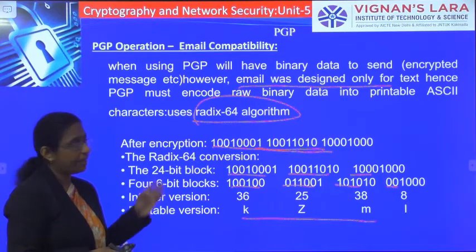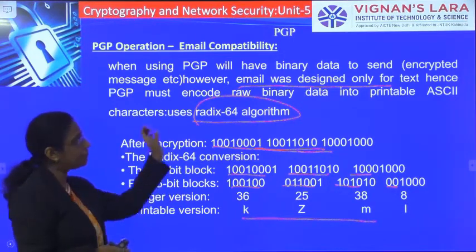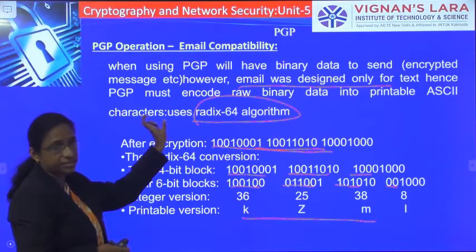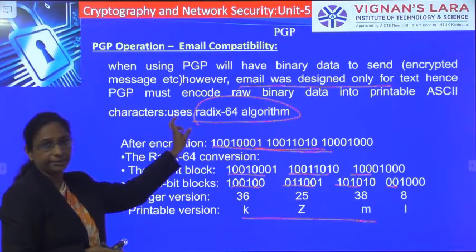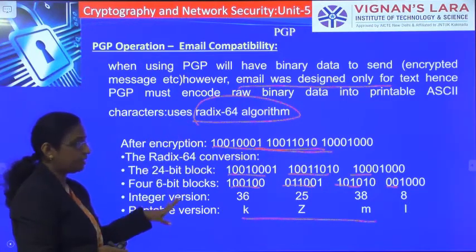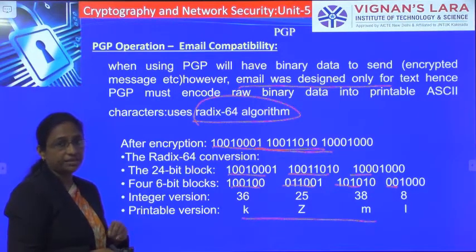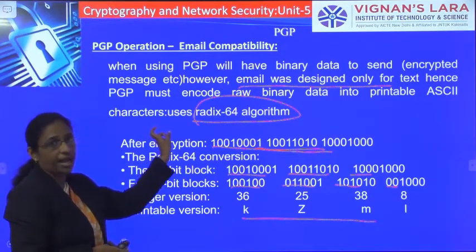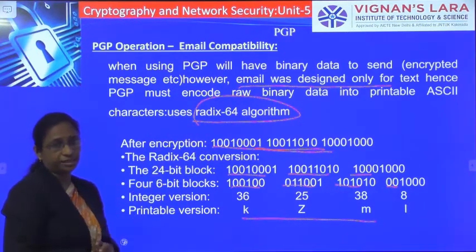Just like you have an ASCII chart that consists of a decimal value and its equivalent character, similarly for the Radix 64 encoding scheme, we will have a chart that consists of a decimal value and its equivalent character. So by mapping into that